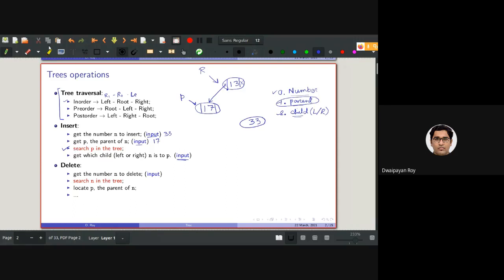So the main thing that needs to be done is we need to search for the node or the parent node in the tree. The deletion from an existing binary tree can be done in a similar way. For doing that, we again need to take the node that I want to delete as the input. So for example, if I add it here as a right child of 17, and I want to delete 17, for example,